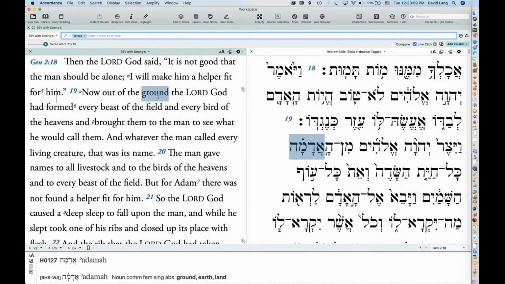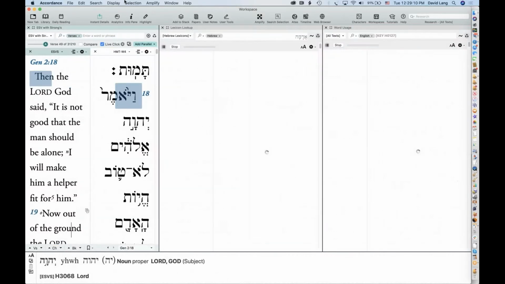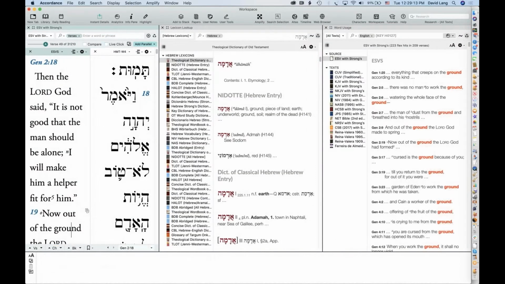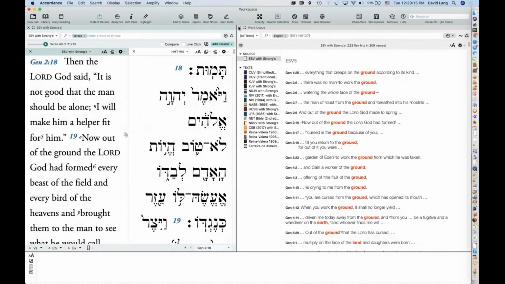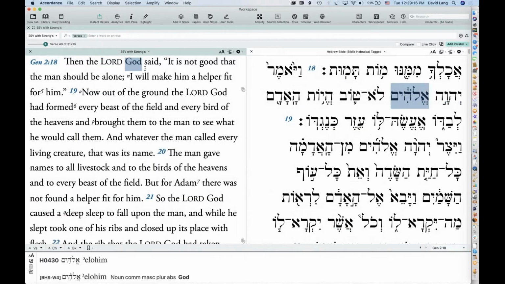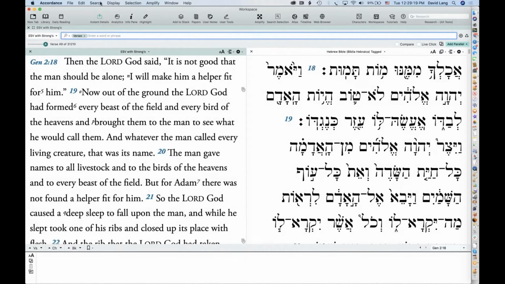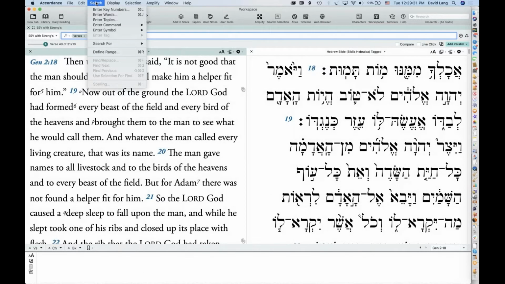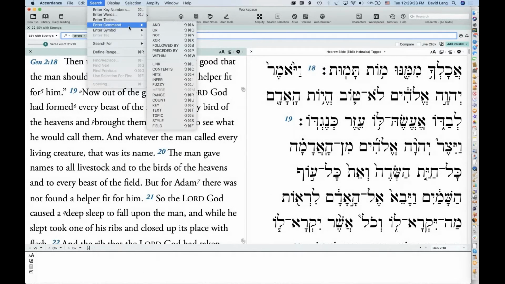If that's installed, then I've got links to the Hebrew and the Greek Septuagint. So there are all kinds of links between texts that we can exploit. And oops, see, that's why I keep the live click unchecked, because I just accidentally clicked. So here I'm going to go up to the search menu, and I'm going to go to enter command.